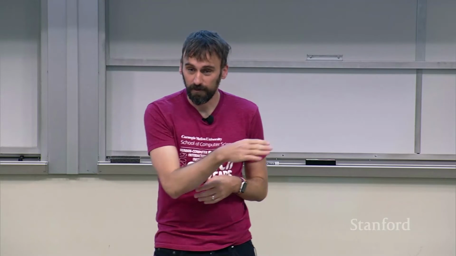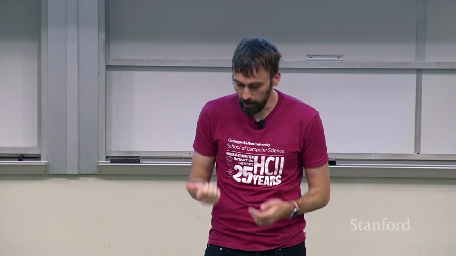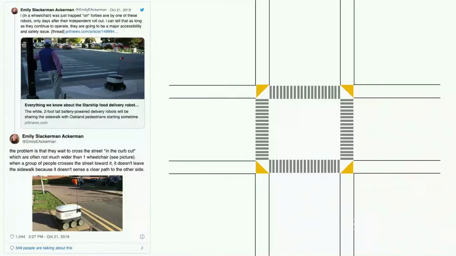They could drive to wherever they were going. That was not actually the hard part. The hard part was if they got to an intersection, they just sat in the little curb cut here. And so other people need to use the curb cut, right? And they didn't realize that. It's just one of the many, many different little problems you could run into in the real world that accessibility sort of brings to the fore.